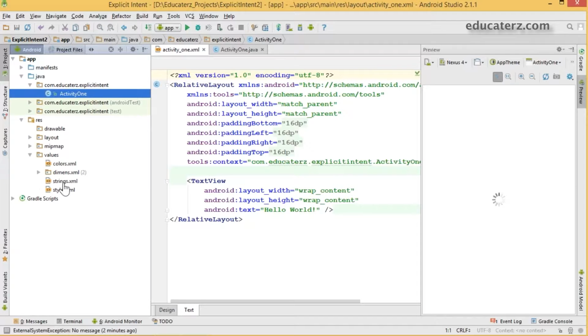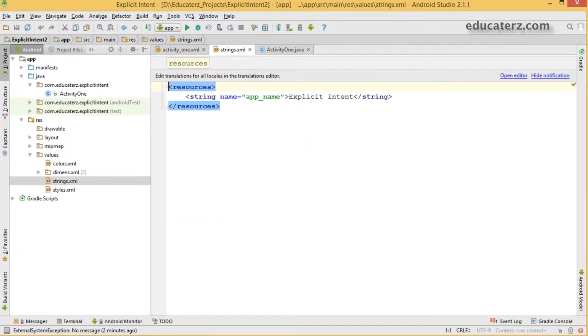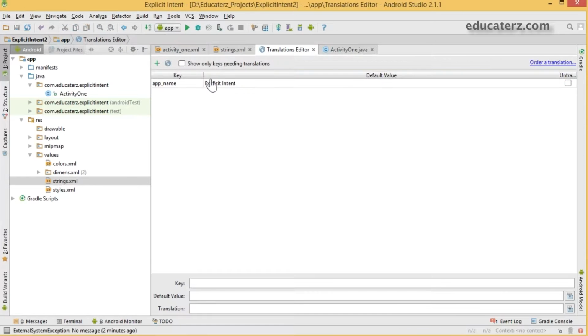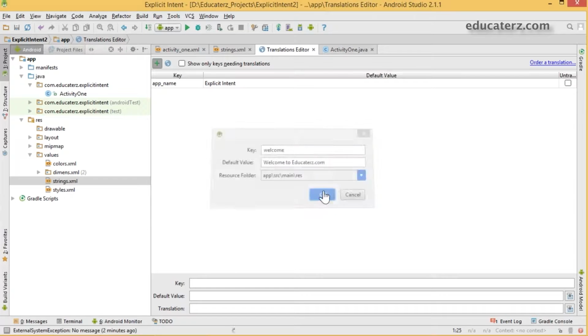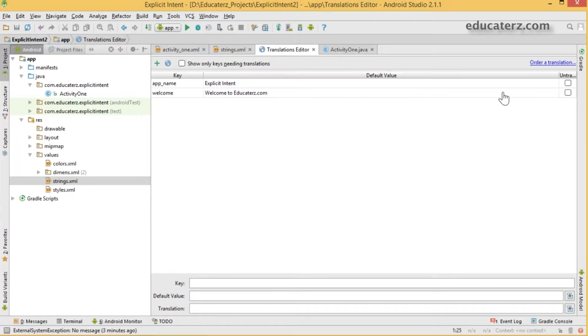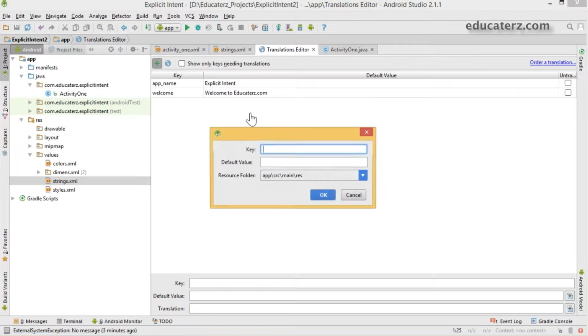Go to values, open the strings.xml file and open your editor. Click on plus, I'll name it welcome, and the value is going to be Welcome to educators.com. Click on the OK button and create one more key.